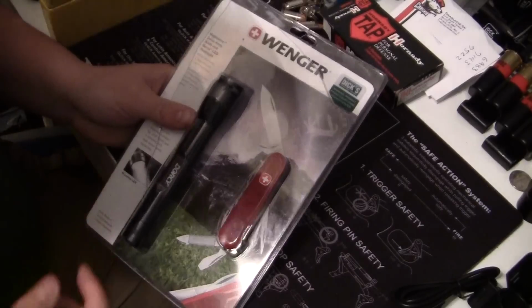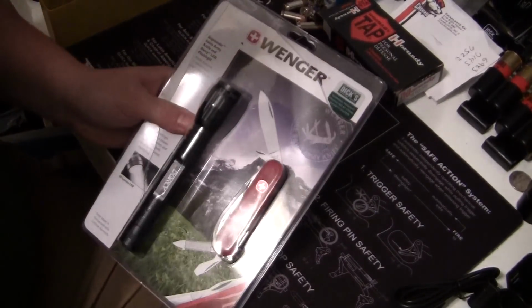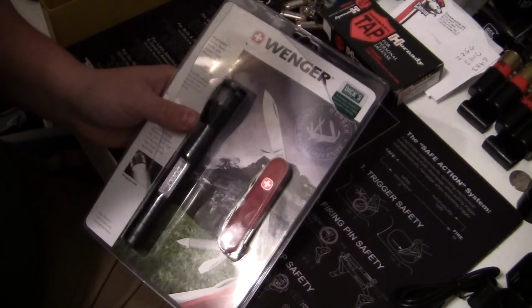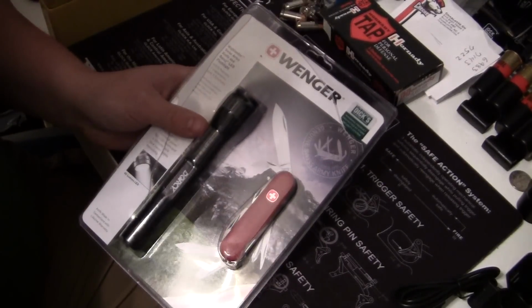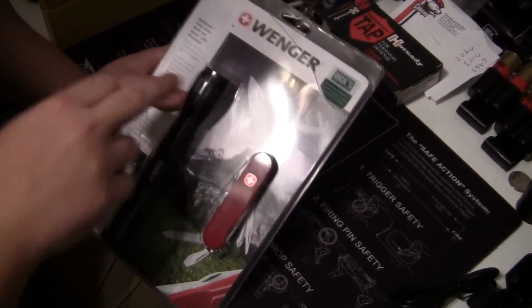I've already cut it open. As you can see, I'm impatient anytime there's a knife and a flashlight involved. Anybody that knows me, and probably anybody that's watched my videos, knows I love it. But anyways,